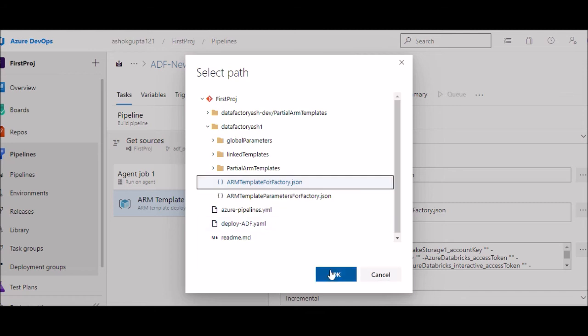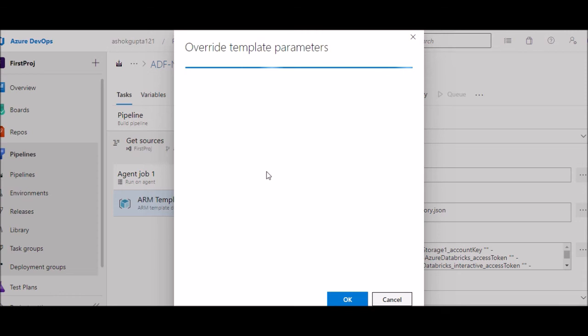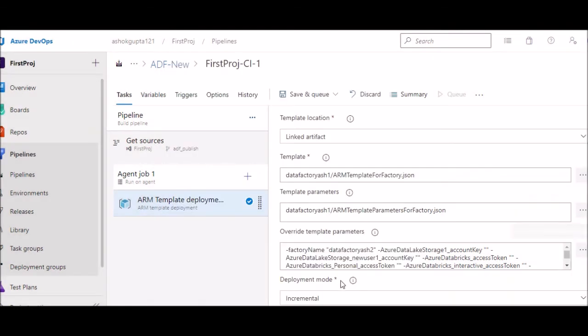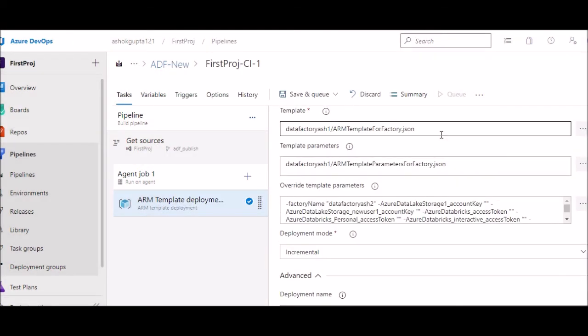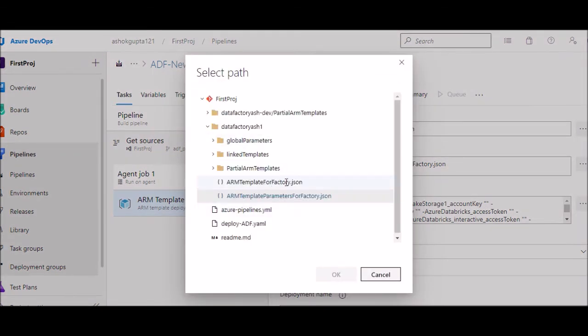Sorry, there are two important things. One is your ARM template, then the other is parameters. Both of them are in the same place. So one is your template of the data factory, another is parameters. So parameters are very important. We'll show you here. You can override your parameters in the template,